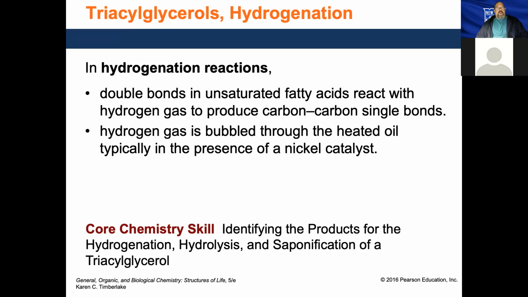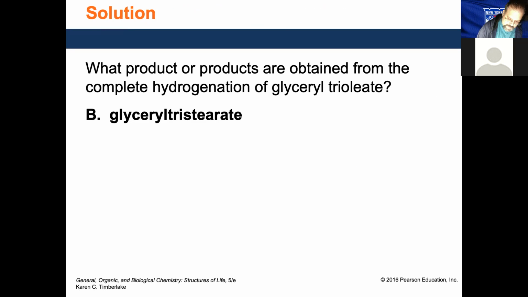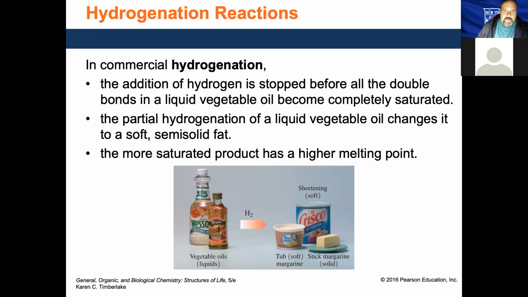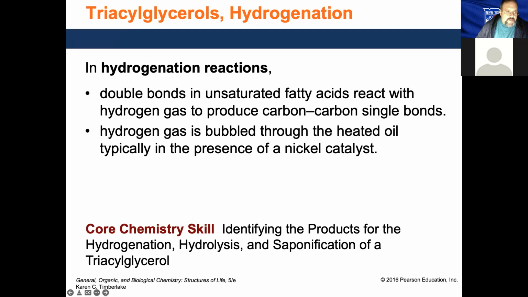So as we mentioned, in hydrogenation reactions, double bonds in the unsaturated fatty acids react with hydrogen gas to produce carbon-to-carbon single bonds. Just like we talked about with your alkenes. I got to remember to start the pen. Just like essentially when your alkenes are converted into alkanes. The double bond between the carbons becomes a single bond. You add one hydrogen to one former double bond carbon, the other hydrogen to the other former double bond carbon,